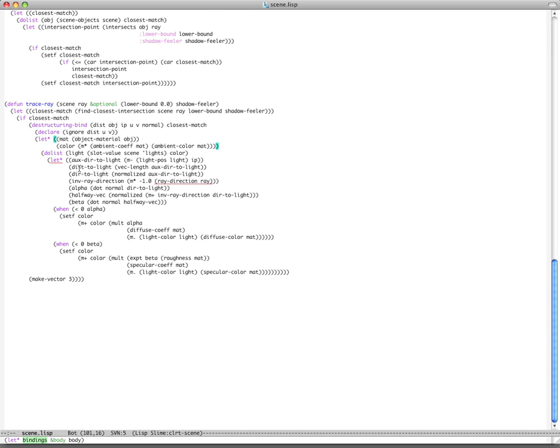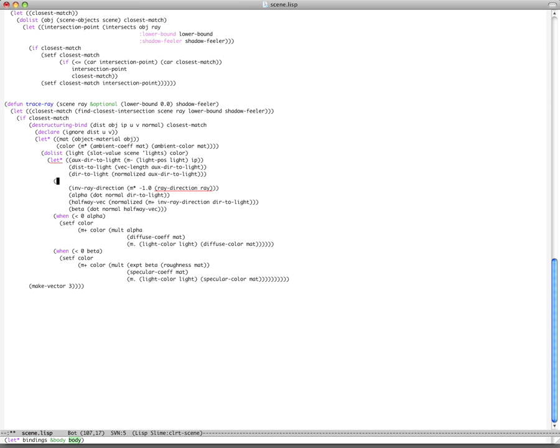Okay, that reminds me of something. We have to make use of the shadow feeler. So when we iterate over the lights, first of all, maybe even before we are calculating all the stuff here in the inverted ray direction, alpha and beta, we actually want to determine if there is an object between the intersection point and the light source. And if there is, we don't need to add color from the light, because the light is occluded by the object. So let's say unless find